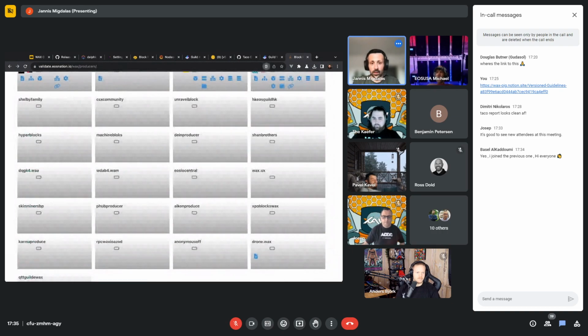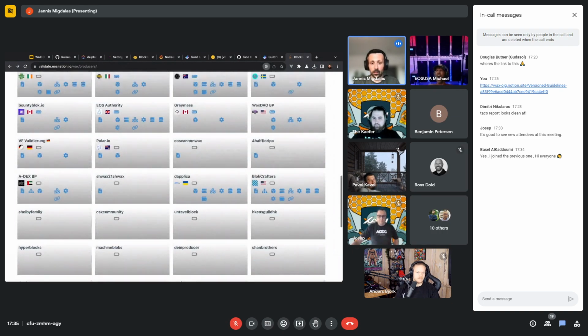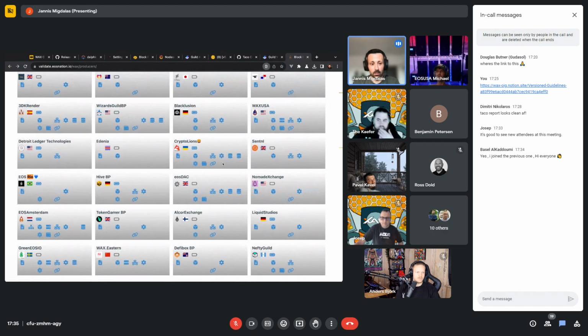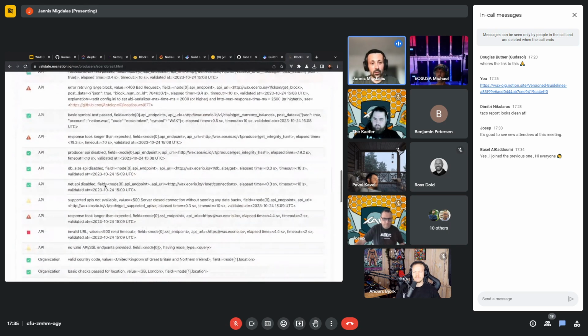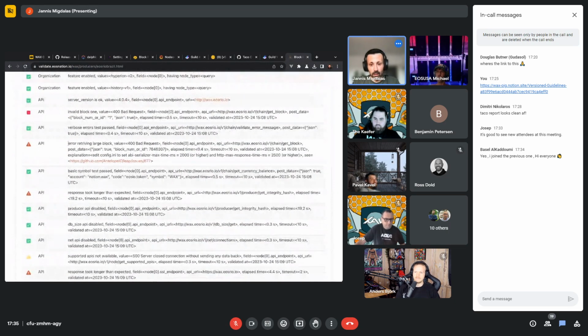Looking at another example, because this guild has been failing the chain API checks recently. Let's see what else potentially can fail your chain APIs. Retrieving a large block. This is a configuration mistake on the API node itself, where the API serializer doesn't have enough time to get this block, serialize it, and deserialize it, and send it back. That's one reason.